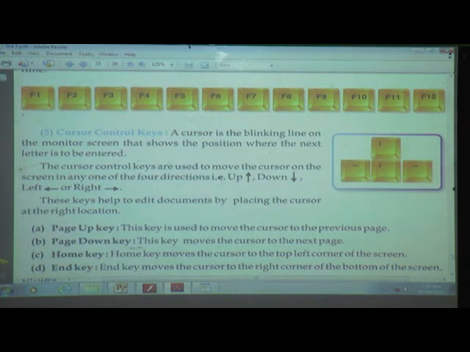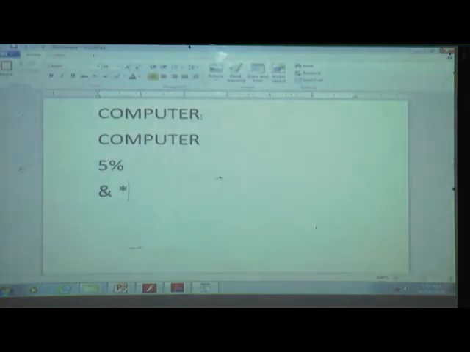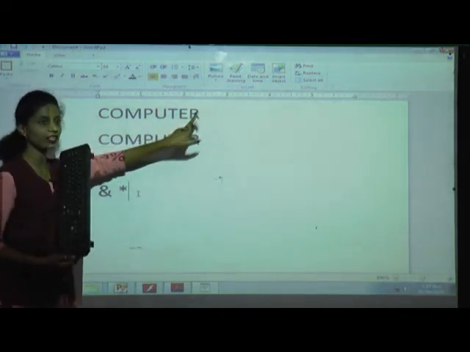How many arrow keys are there? 4. These keys help to edit a document by placing the cursor at the right location. Means now my cursor is here and I want to go upside. I want to write here. But where is my cursor?